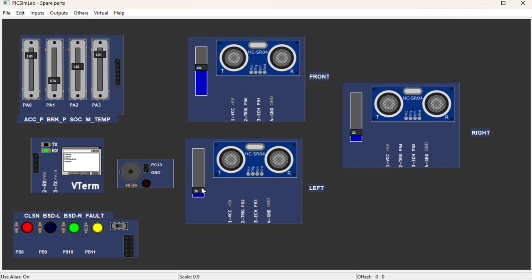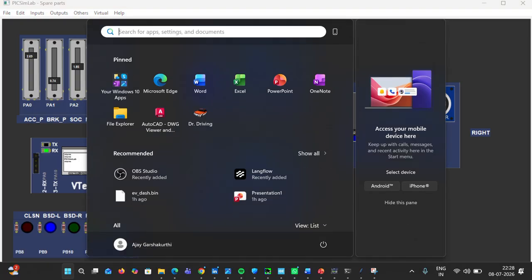If I reduce both the left and right sensor, all the LEDs will be on. Which means